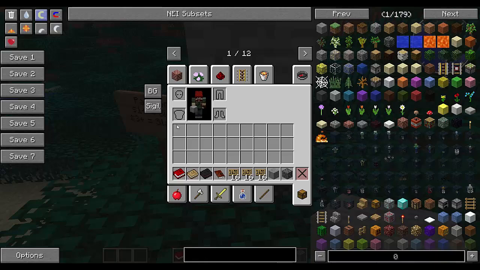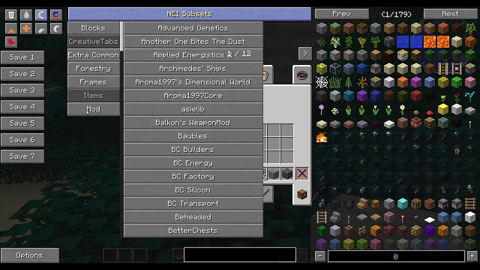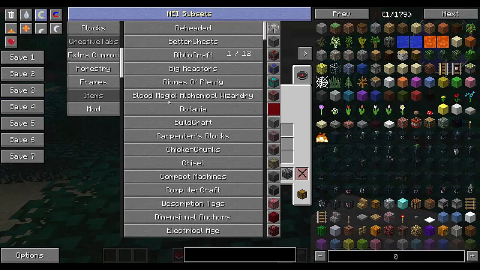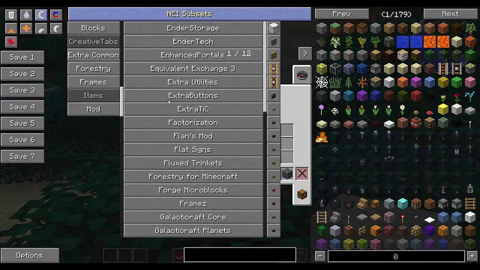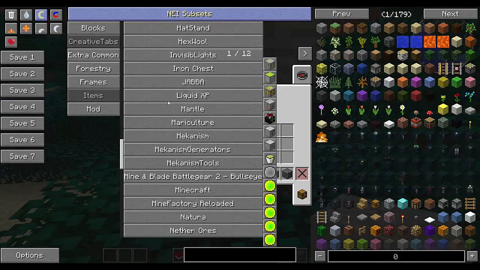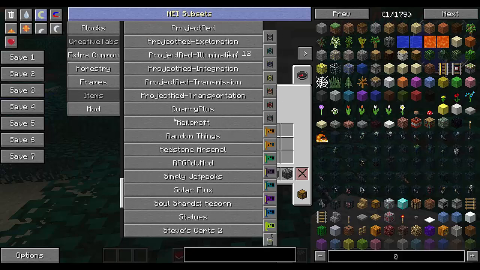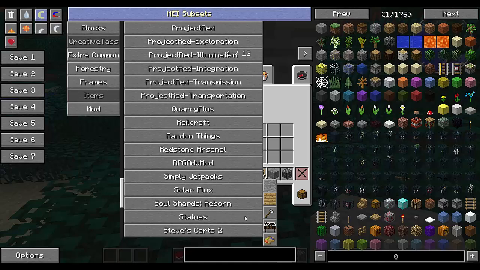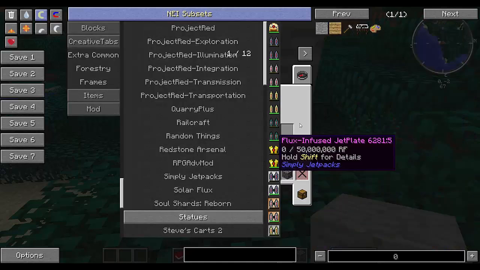Alright, let's take a look at the NEI subsets. We want to go to mod, and we're looking for the statues mod, because I'm pretty sure it's in here. If not, I'm going to add it. Statues right there. We need a hammer. There we go.